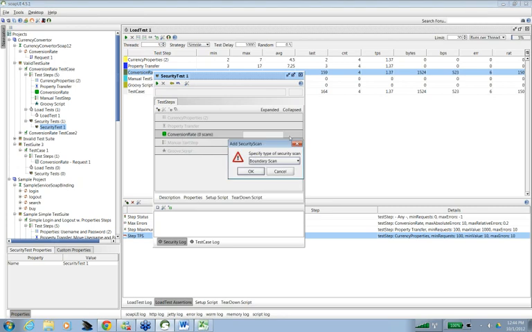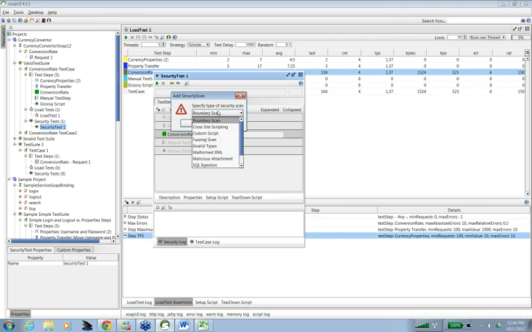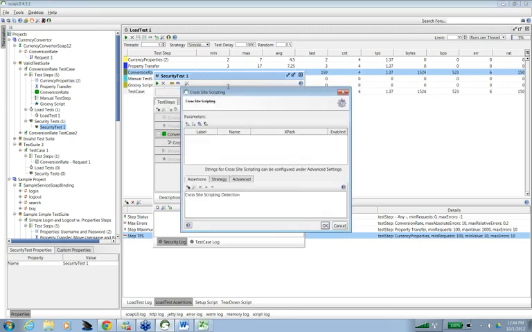If you see add security scan, these are the boundary scan, cross-site scripting, custom scripting, fuzzing scan. We can add any of these, and we don't have to do a lot of things here. Let's say I want to check this request for cross-site scripting, I'll just use this and press OK.